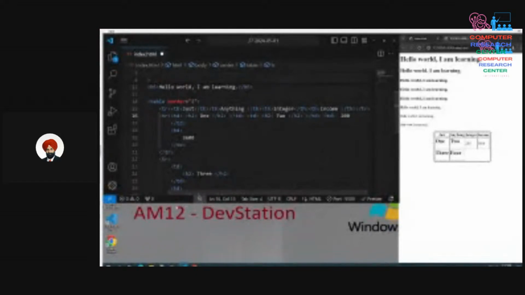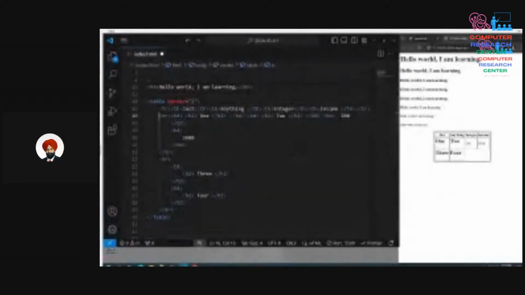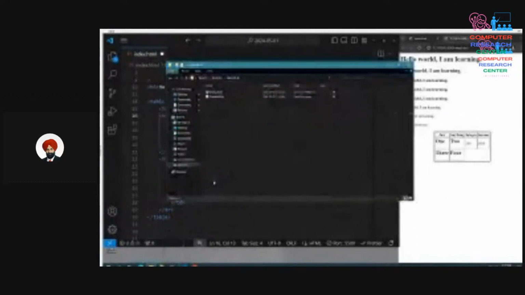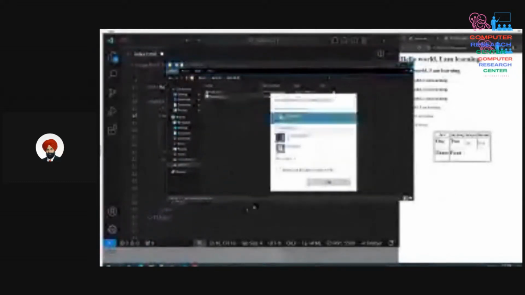But for now, let us do some kind of styling. What we are going to discuss today is, HTML was discussed last time, but this time I am going to discuss a little bit more. Why